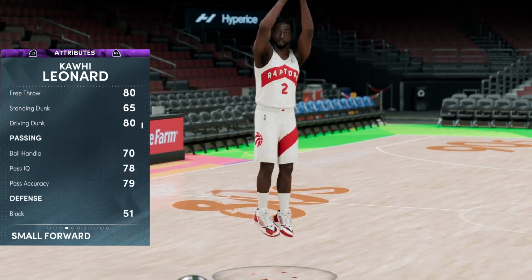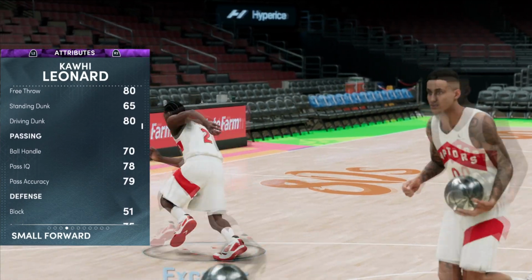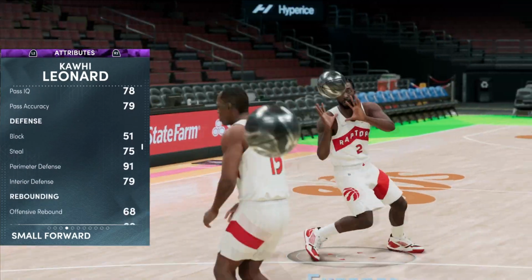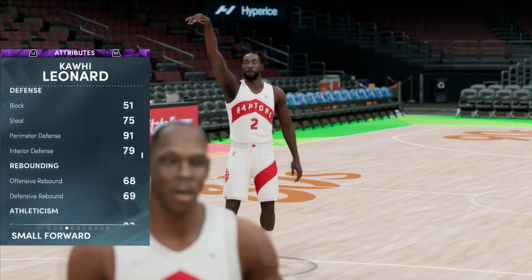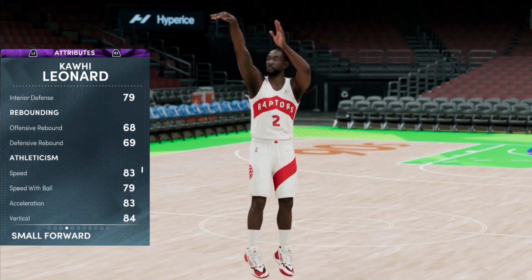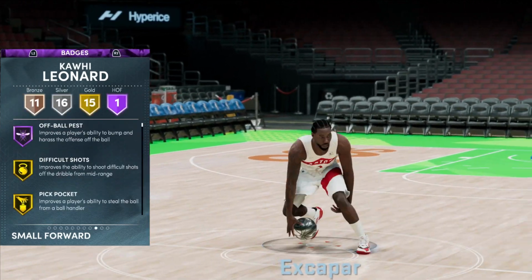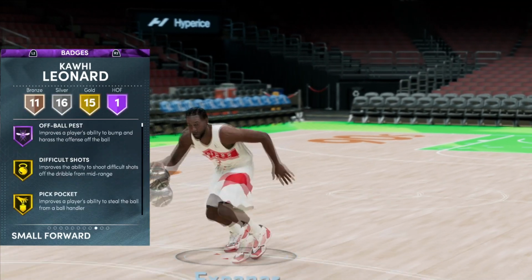80 driving dunk. We have alright playmaking. It's nothing crazy, but it's not bad by any means. And we have a 91 perimeter defense with a 79 interior defense and a 75 steal. Decent rebounding for a guy that's going to be playing our 3 and a pretty good speed, so you love to see that. Along with one Hall of Fame badge, an off-ball pest, not the greatest, but definitely not bad,